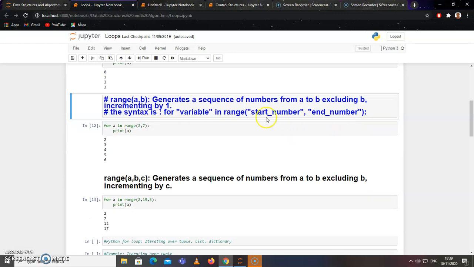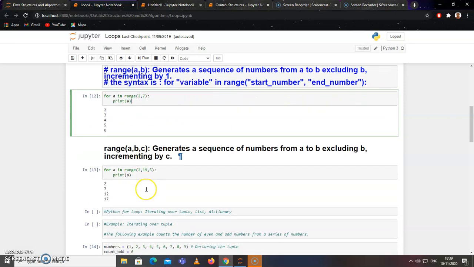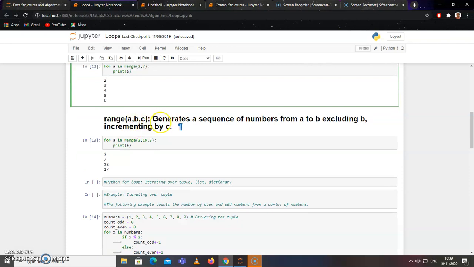End number. It should be minus 1. But it is end number minus 1, so it means from 2 to 6. Another different type: here range has got 3 numbers. 3 numbers simply means it is going to generate numbers from 2 to 5, numbers from 2 to this number minus